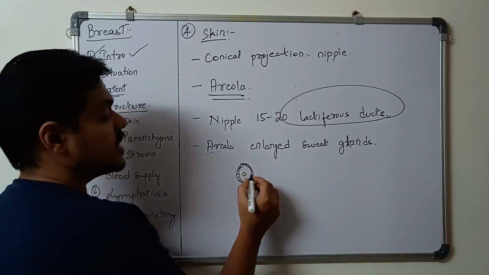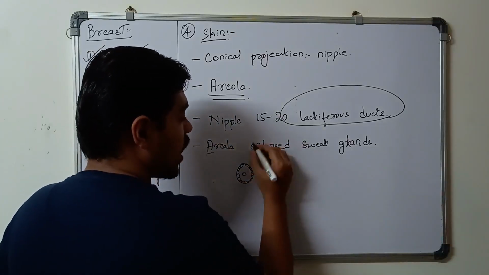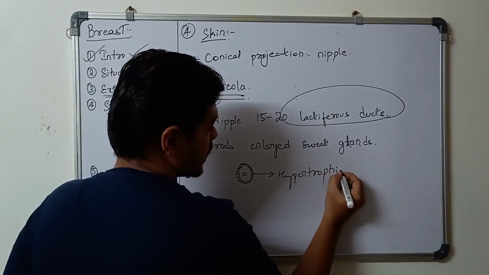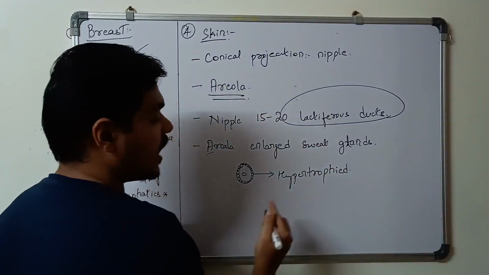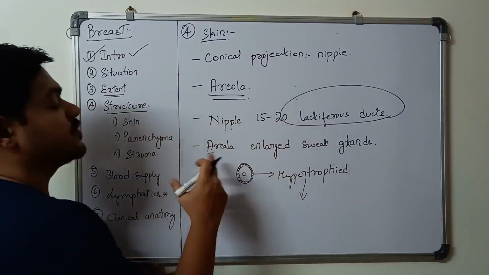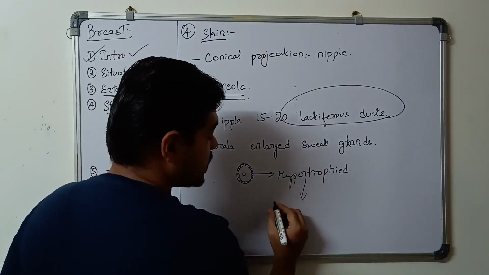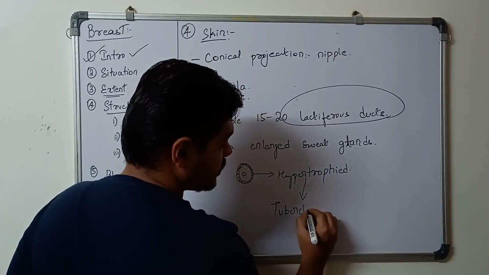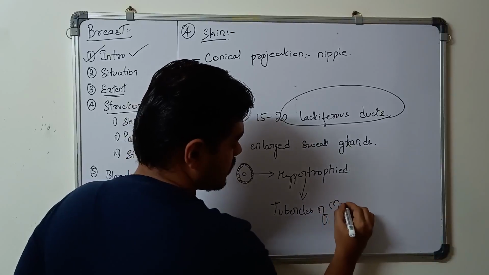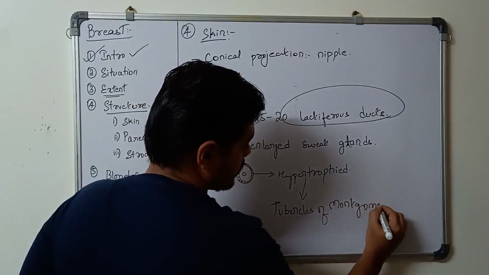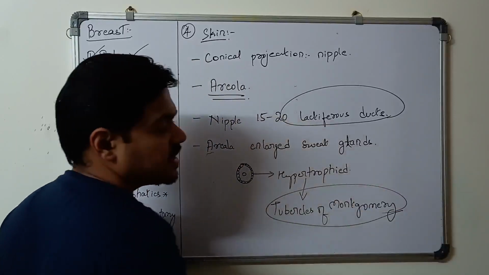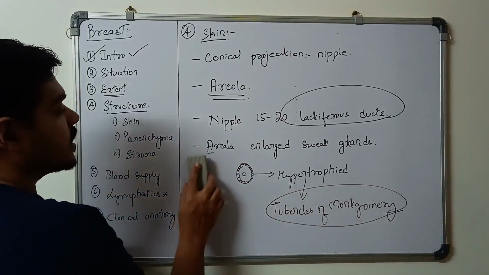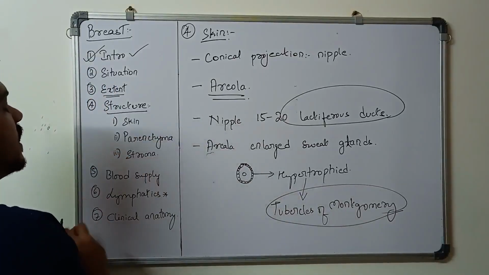Now these sweat glands during pregnancy, they become more hypertrophied due to the action of hormones, and these hypertrophied sweat glands of the areola are called as tubercles of Montgomery. This is one of the signs of pregnancy that you look for in a pregnant woman. Now, this is about the skin covering the